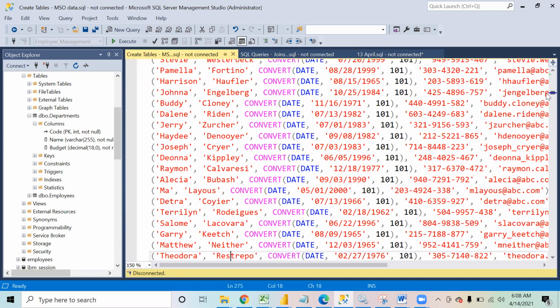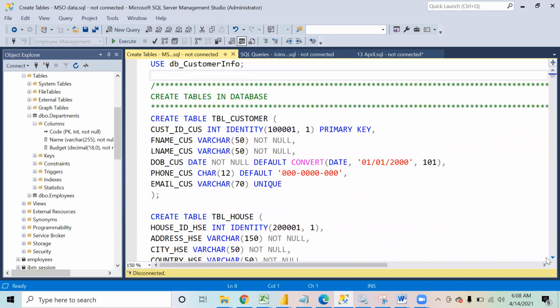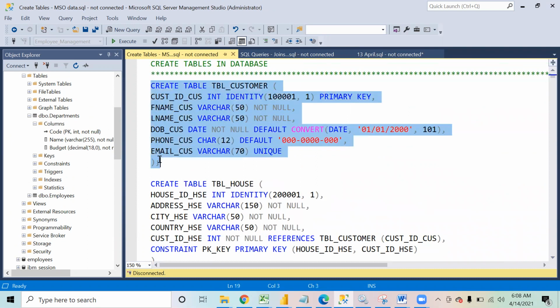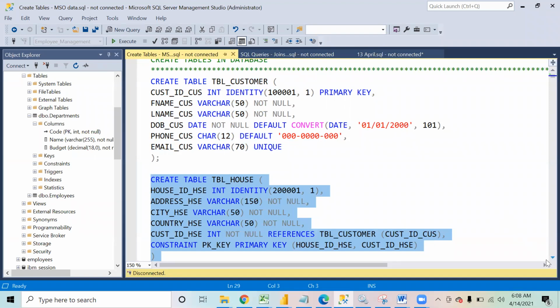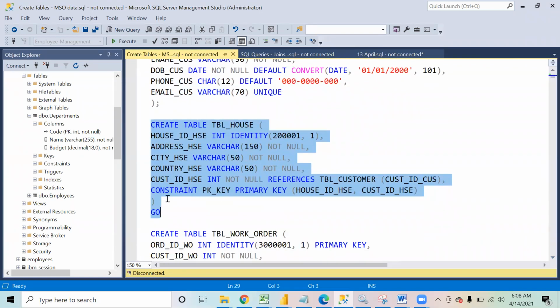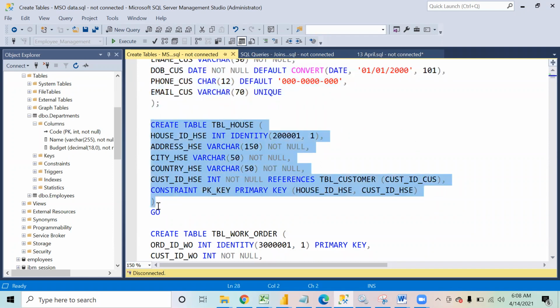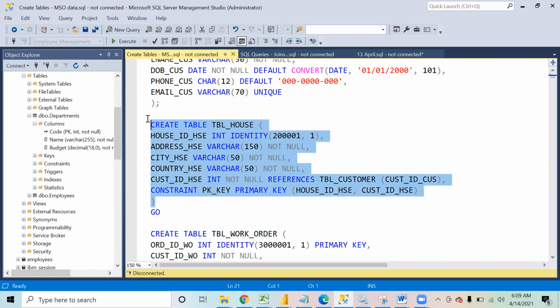See, Go is just, what happens is that when we execute commands in a batch, sometimes we use a semicolon to show that the first command is over and the second command is starting. To give that differentiation, you can either use a semicolon or a Go command to tell that one command is completed and now the second command is starting from here. Then Go means this gets executed and then the next command executes. Because when you execute multiple commands together,